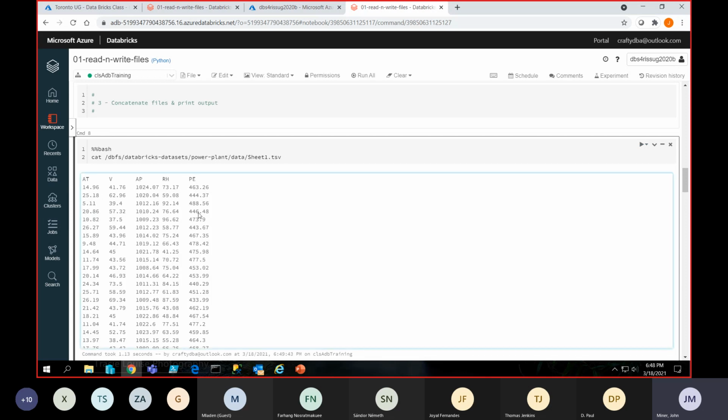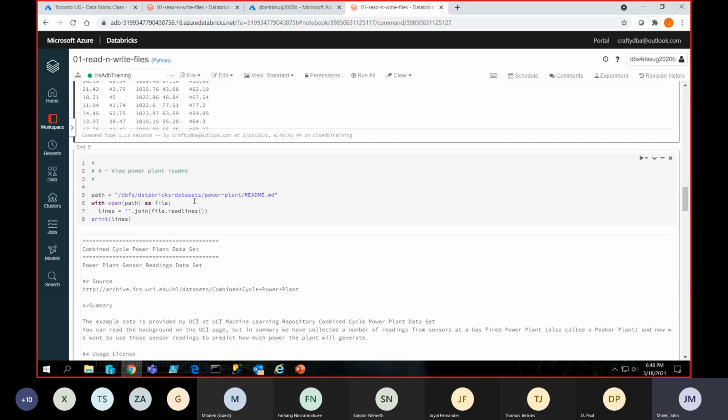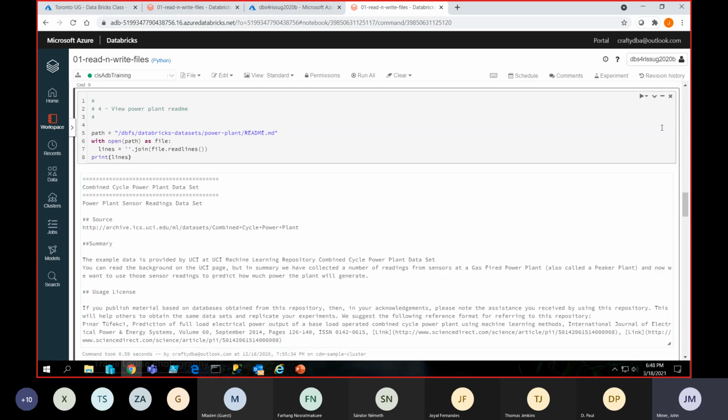And we have a bunch of data points, right? We can also go ahead and use, I'm trying to show you all the examples of stuff we've seen. We can also write a program, right? This program says, hey, I know there's a README file out there. Open the file, join quote with every other line of the file, and then print the line. So if we run this, and we hit run, we're suddenly going to get the wiki about the